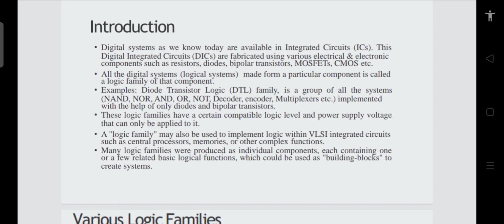Once we are able to understand it, then we know what is inside an integrated circuit, and how these AND gates or whatever gate you talk about or whatever Boolean expression you talk about are realized with the help of transistors, or the electronic components in general, I should say. So this is what I mean.